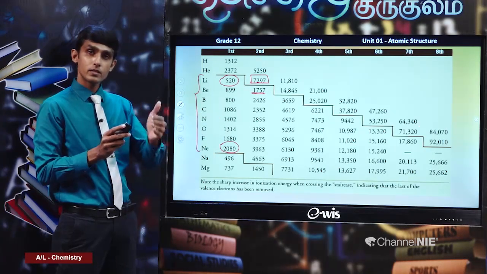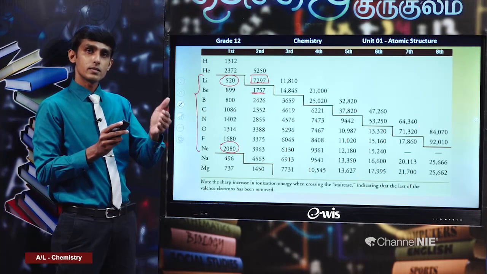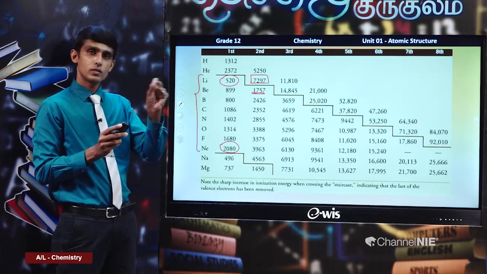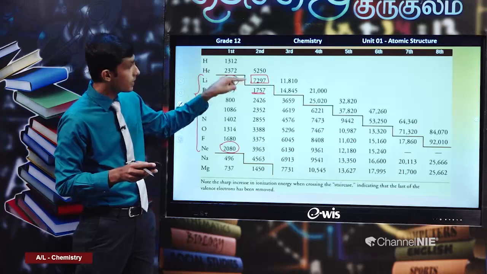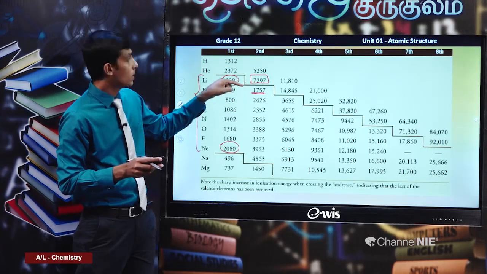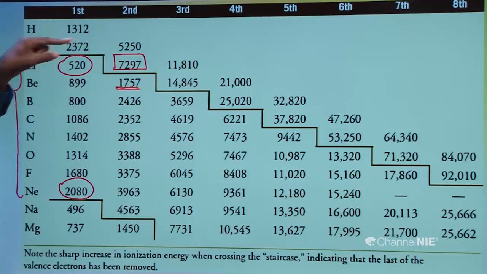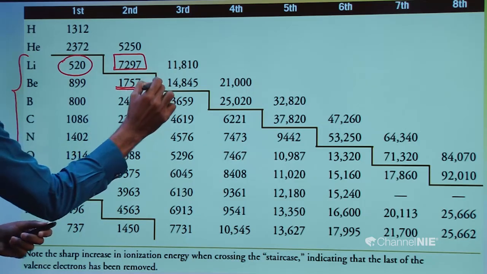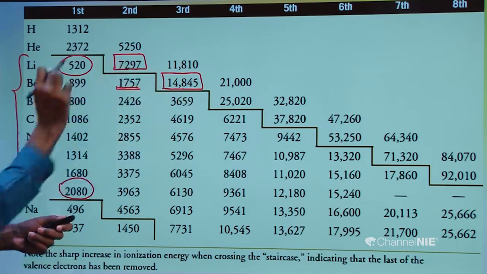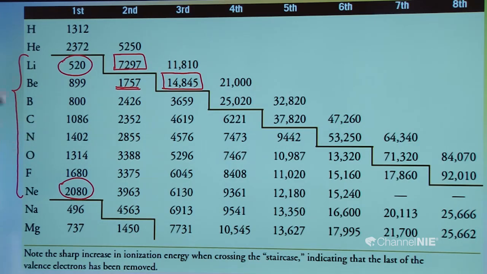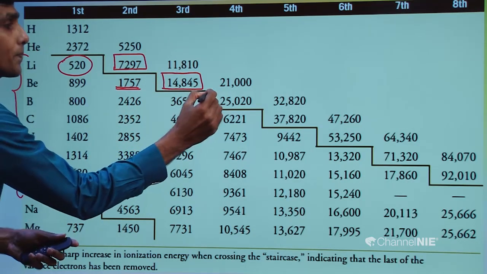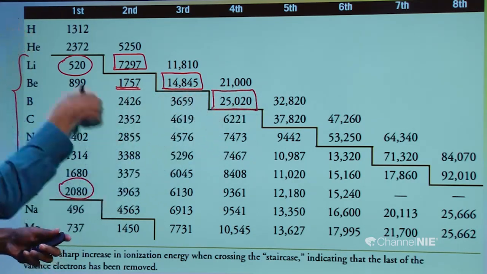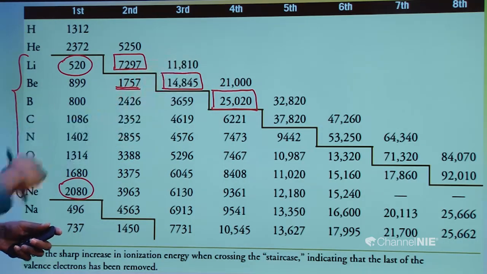Highest first ionization energy of a period is there for the group 0, that is 1 minus 1, group 0 element, or we can say group 18 element. Highest second ionization energy of a period belongs to 2 minus 1, group 1 element. Highest third ionization energy, 3 minus 1, group 3 element or group 13 element. In Roman numerals, group 3A, group 3 element. Highest fourth ionization energy, 4 minus 1, group 4 element or group 14 element, like that.